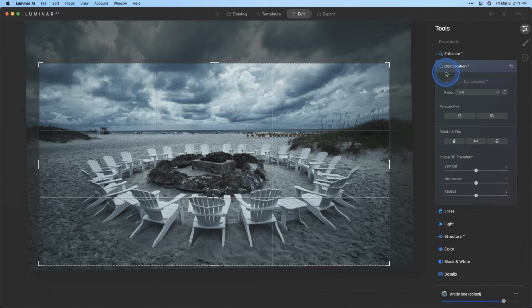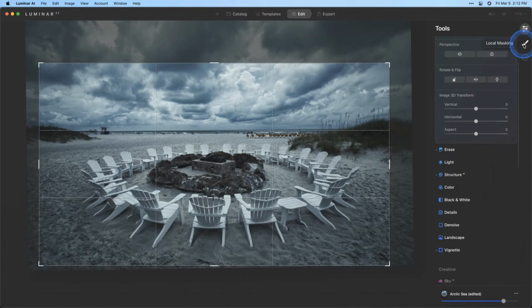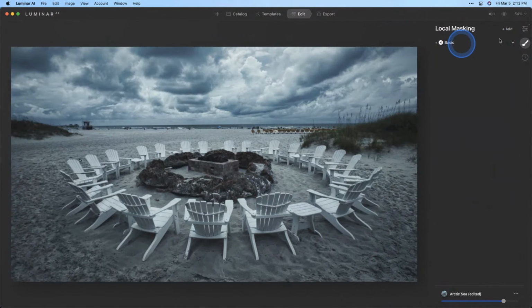The horizon was almost dead center, so I moved it so my horizon line was here at the rule of thirds, and my circle here in the front takes up about 2/3 of the image. So it just felt like a much better composition and kept my viewer where I want them to be. So I did that. I also went into my local masking, and we started with, which tool